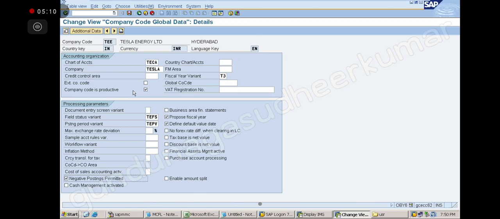An example I will give. The value date is the date on which the value of the transaction has taken place. Sir, what is the purpose of the fiscal year? Fiscal year, it will propose which fiscal year you are in. Every screen you go to, you are able to see the fiscal year when you are posting. It will propose the fiscal year, telling you which year you are in.